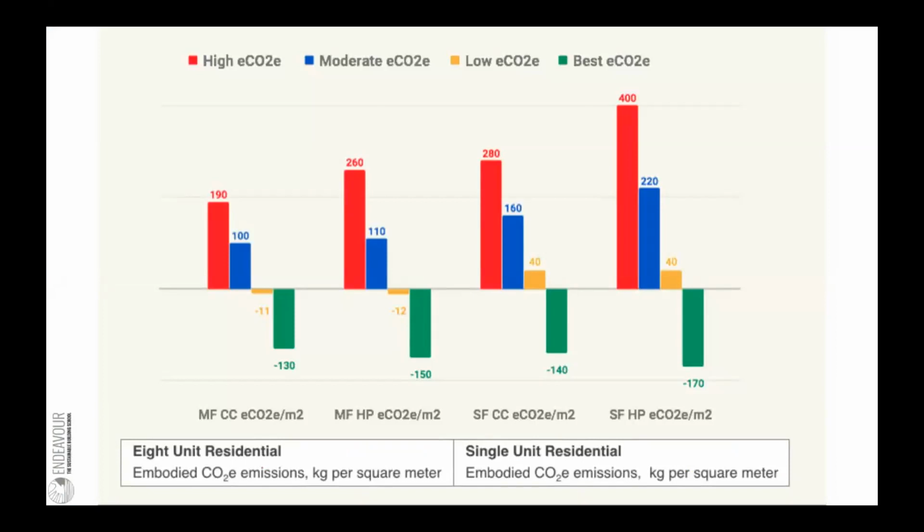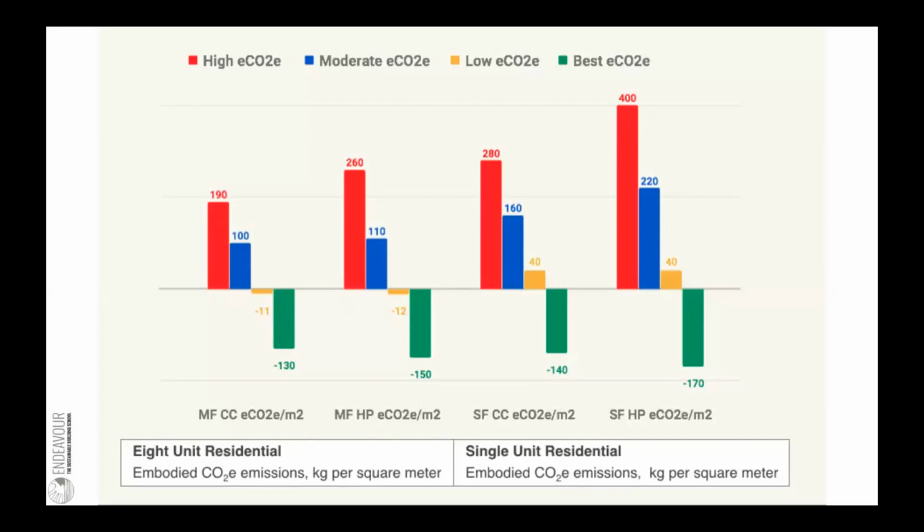So the results of that study, these bar graphs, I'll explain the terminology along the bottom. MF is multifamily and CC is code compliant. So those first 4 bars show you the highest, the moderate, the low, and the best embodied carbon for the code compliant model. Then you've got the multifamily high performance, and you can see that the embodied carbon has gone up on the models that actually have emissions, and that's due to the added insulation. Nothing else in the building's changed except adding insulation,